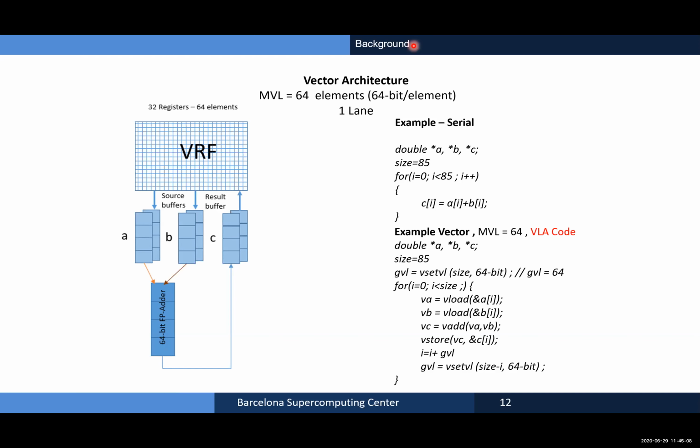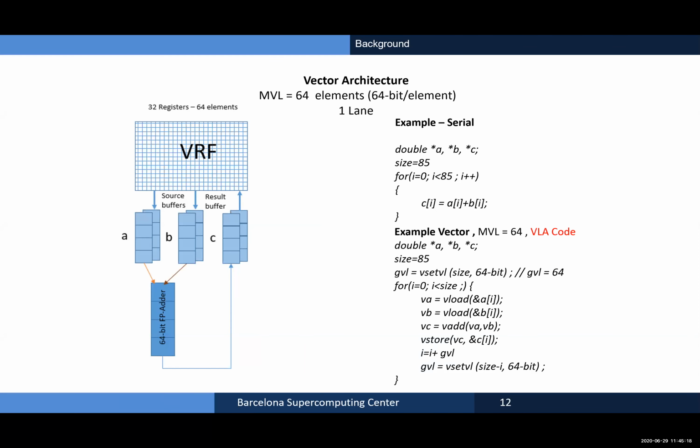When you look at the example, the difference between the SIMD version and this version is that here we define the maximum vector length, and then we operate on the vector, unlike the SIMD case. So go to the next slide.